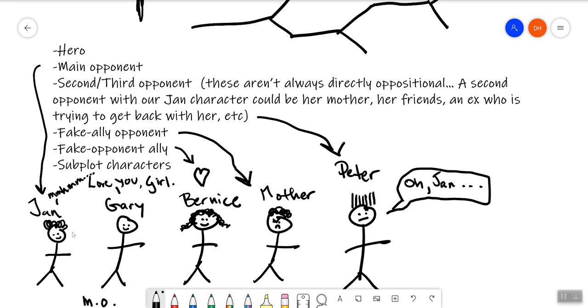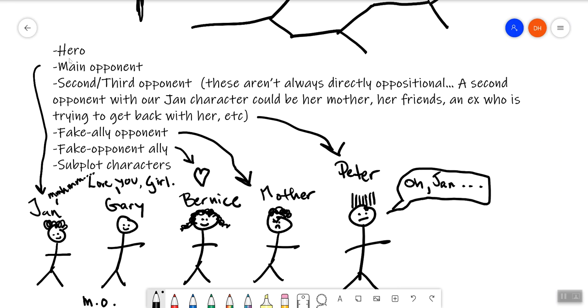what's that Tom Hanks movie, Castaway, where he's alone on an island. He has that volleyball friend of his, right? The Wilson is what it's called, and that's a character, right? The island itself in that situation is also kind of a character. The island is the main opponent in that sense. Okay. So if we look at this setup, this will help you to understand characters and character types.